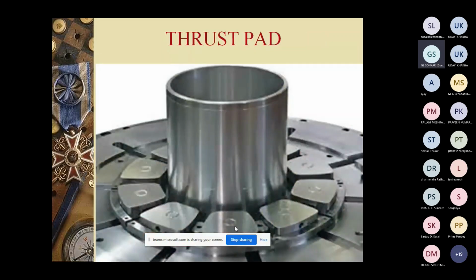Notice the holes on the outer side. Through those holes, your HV oil pump is connected. While you want to start the machine, first you have to jack the machine a little bit. Then you run the HV oil pump. It will make a film on the pad. Then you can give the command for the spinning of the turbine.